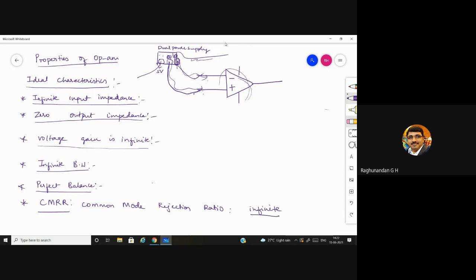Usually, in ideal case, we tell it is infinite, but usually it is not infinite. We measure it in terms of decibel. So we tell practically it is 90 dB. That means whatever you do, some unwanted noise will be there. But many of the times we will not bother. But whenever we are working on some very precise circuits, or we tell them as precision circuits.